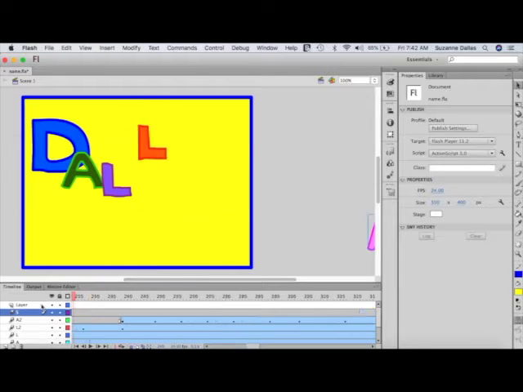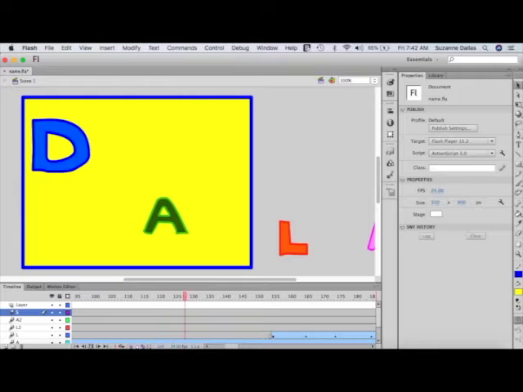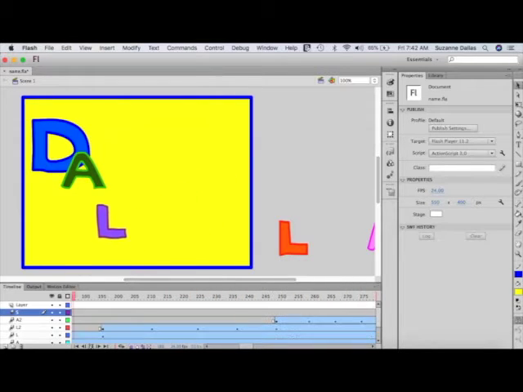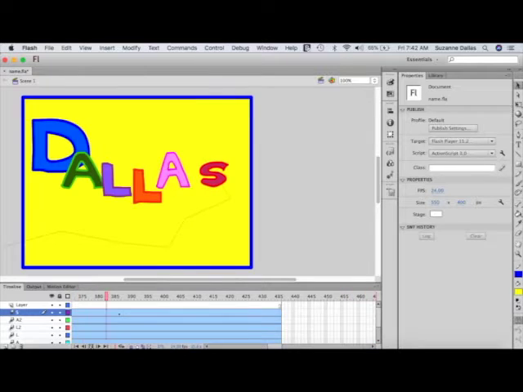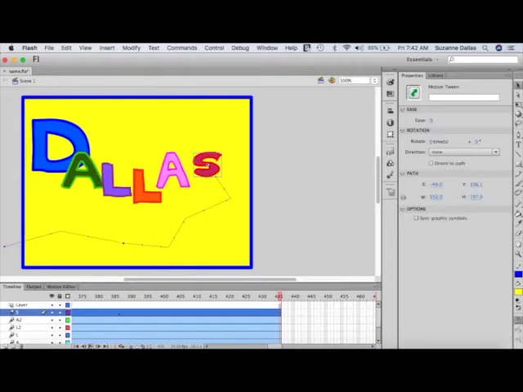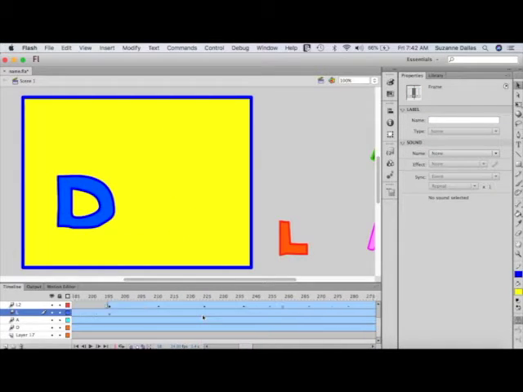Alright, so let's go back to the beginning and watch that play out. Here, let's go back. Okay. Now, you won't see those lines that it's following when you finalize your animation. If you want to add more to your motions, let's say maybe on one of those L's